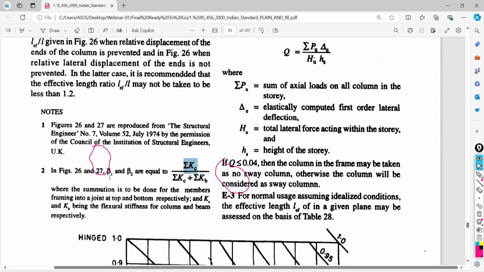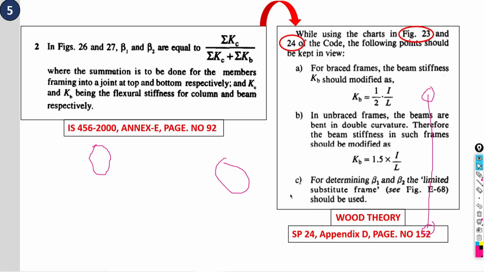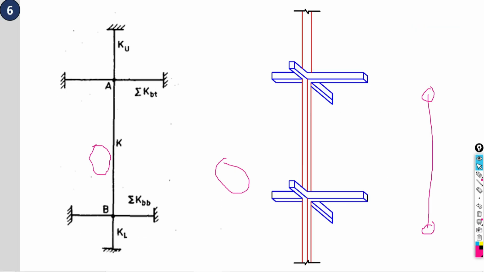Now what do beta 1 and beta 2 mean? Basically, beta 1 is the stiffness at the column's top and beta 2 is the stiffness at its bottom. Here, as we are going to consider the same size of column from base to top, the size is not going to change: 230 by 300, continuing from base to top. First thing, the beams connecting to the one point are also not going to change. The size in all directions is 230 by 500.